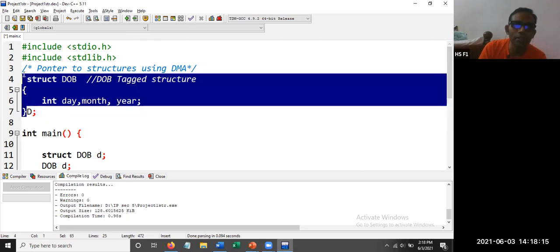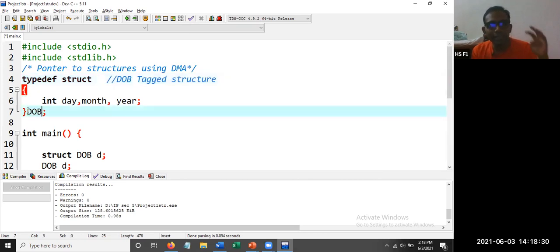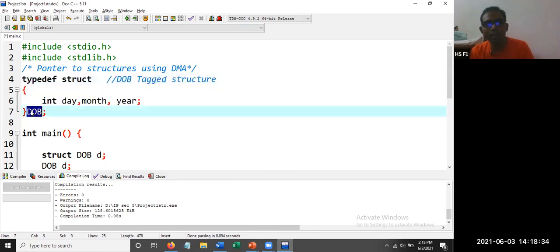D is a variable to this structure if you don't write typedef. If you write typedef over here, you need not give the name of the structure. Instead, you can give the alias name for this structure. This structure, whatever you write inside, will be called DOB.